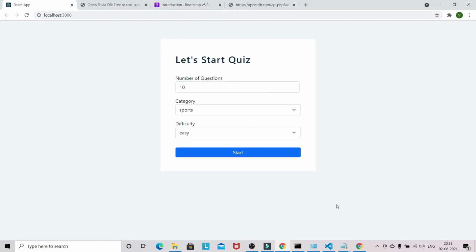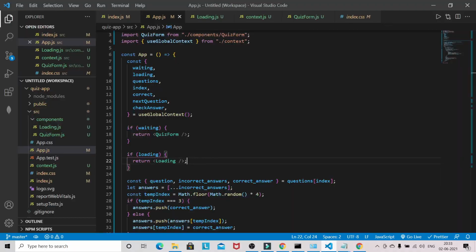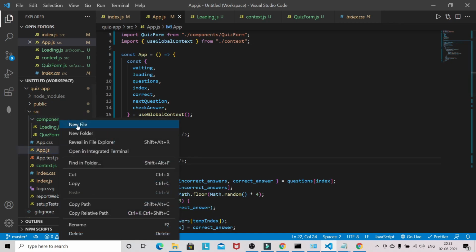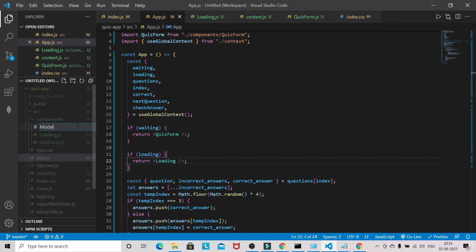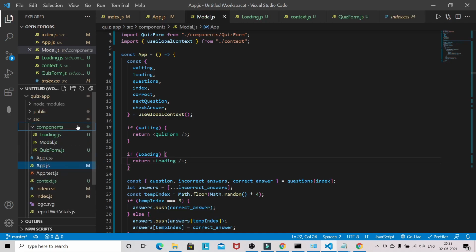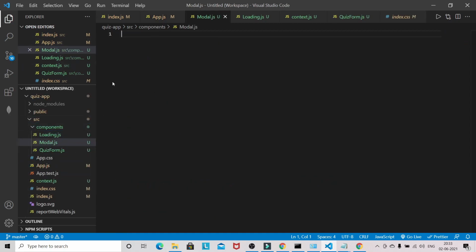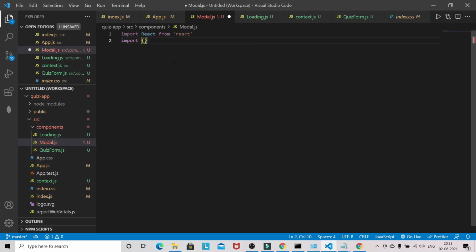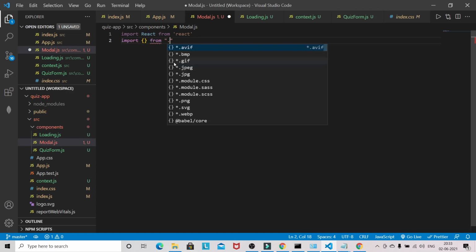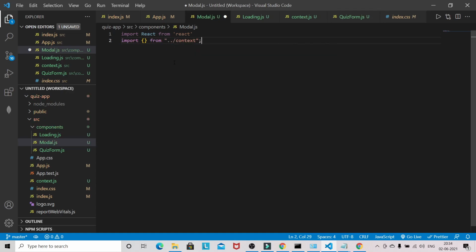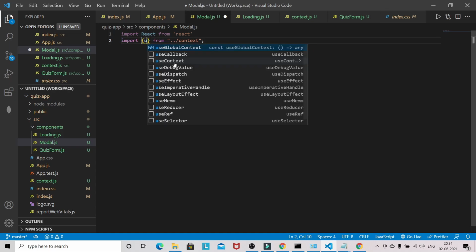Okay, and the last thing we have to do now is build a model. Once you complete the quiz, we will have a model. So I will import the global context.